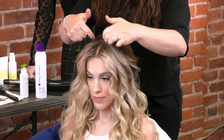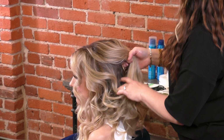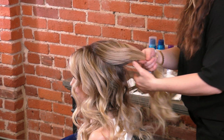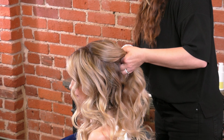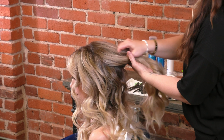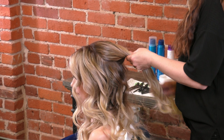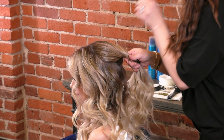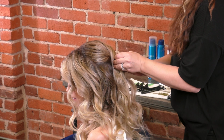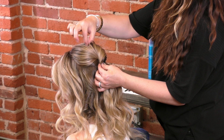So I'm gonna take my fingers here and create a really beautiful section here. Spray and rake through the hair like this, just trying to get it where I'm going to want it. This is where you're going to use a little bit of the mirror to check for volume. And then once you have the set that you want,